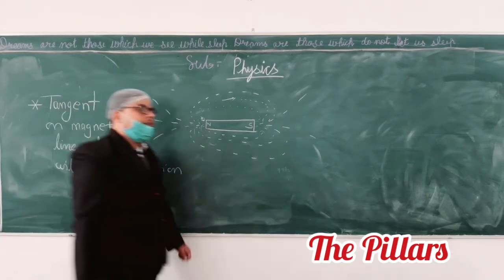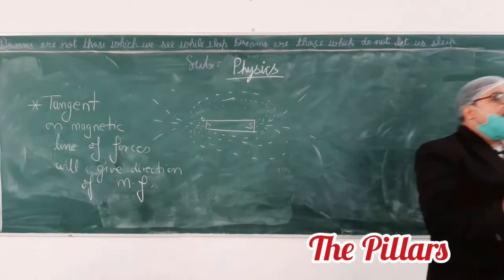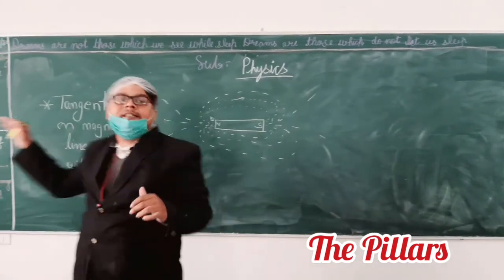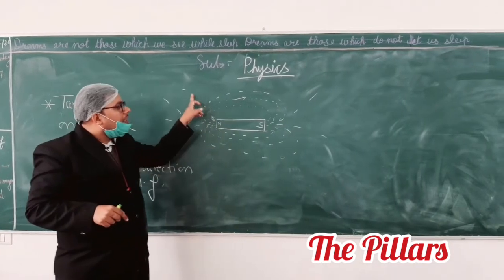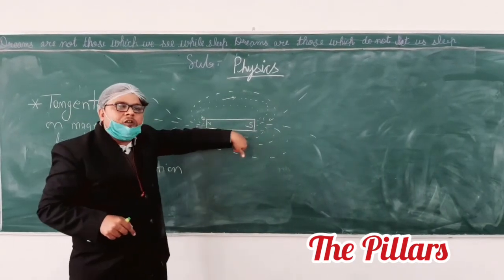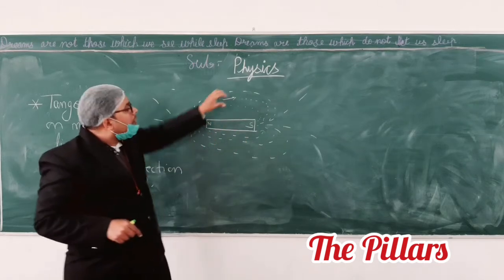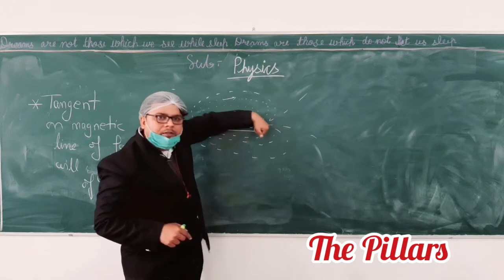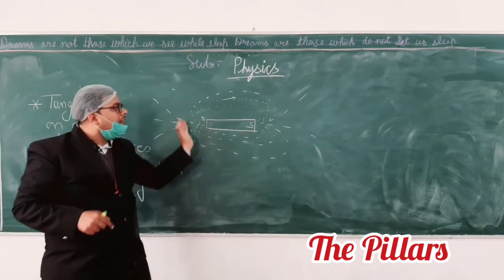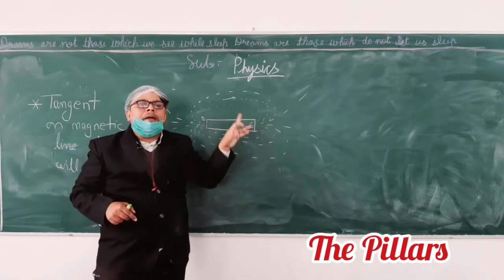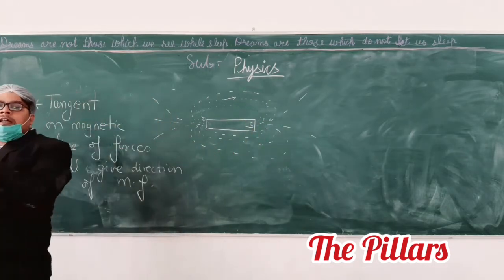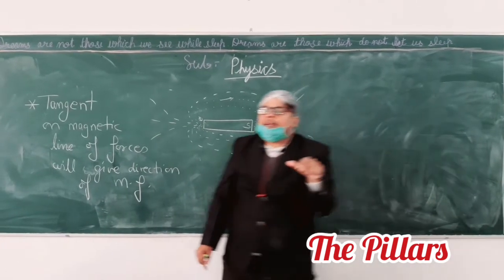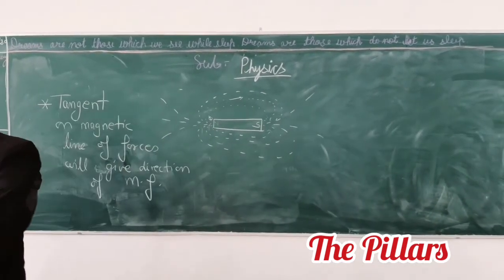Okay, beta. One more property you will see: outside the bar magnet, magnetic lines of forces are coming out. Outside the north pole, it is coming out and ending at south pole. When you come with your needle, the deflection will be like this only. The top of the needle will be towards this. It is coming out from the north and terminating at the south pole. So magnetic line of forces originates from north pole and terminates at the south pole outside the magnet. And inside the magnet it will go from south to north.